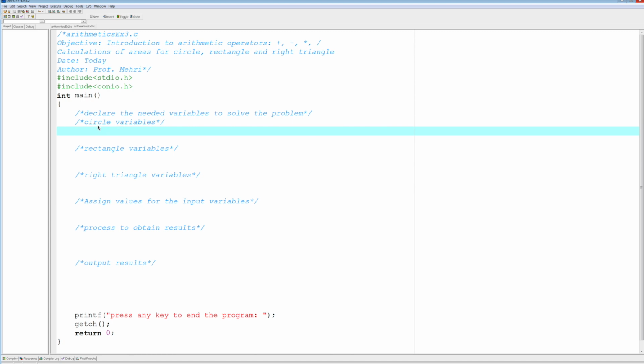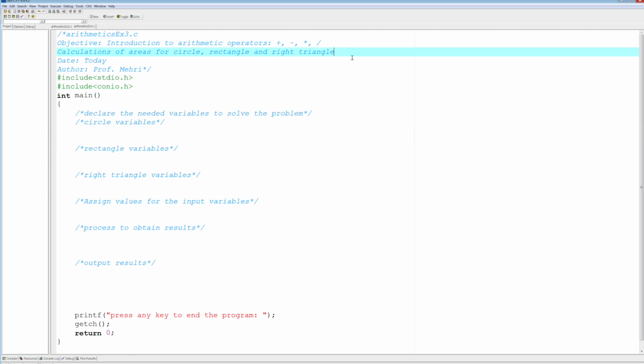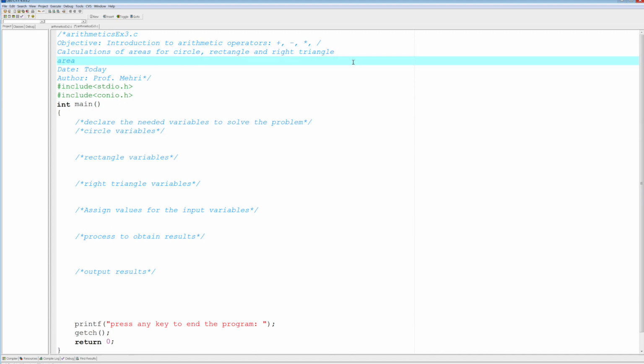So for the circle variables, what are we going to need to be able to calculate the area of a circle? Knowing that the area of a circle is equal to pi times r squared, right? Or the radius squared. So right away, by looking at the formula, you're going to realize that, so let's write the formula right here in the comment. Area of a circle,